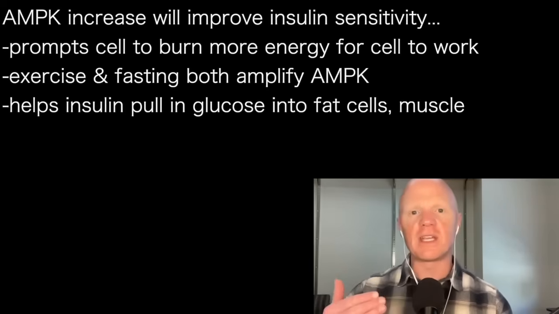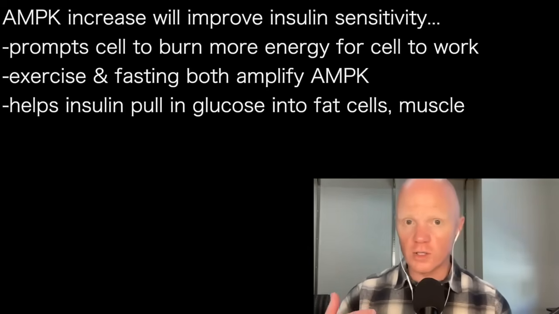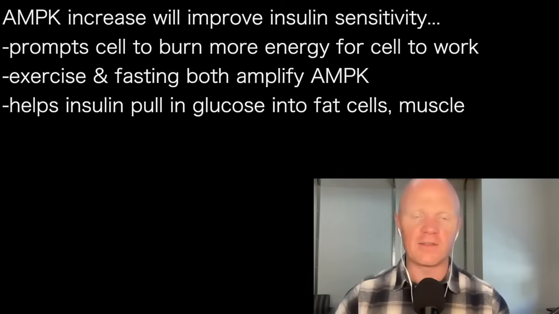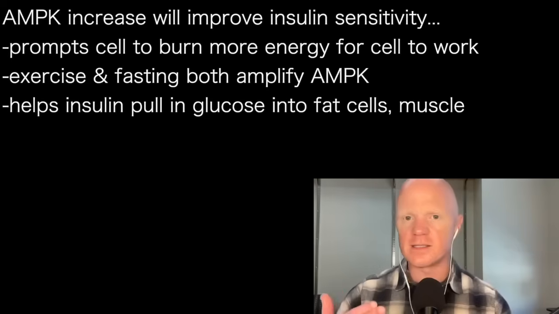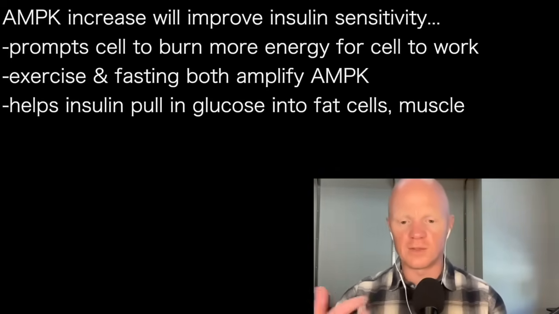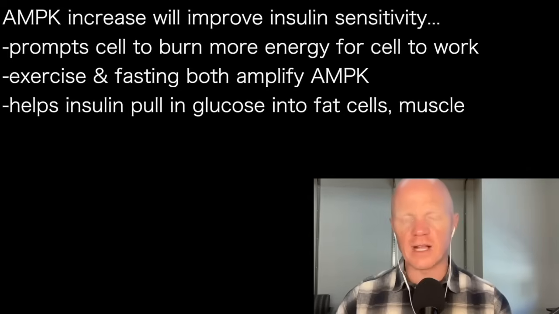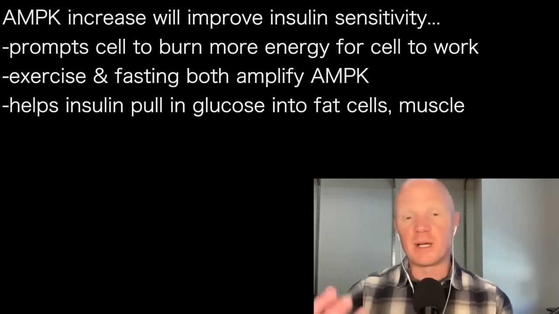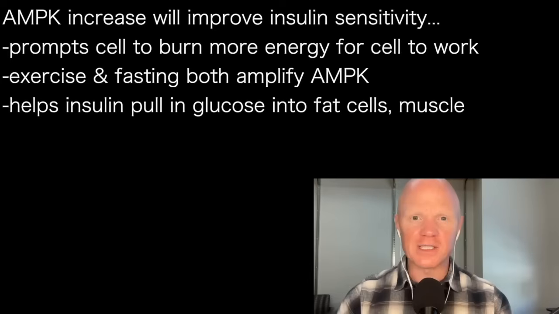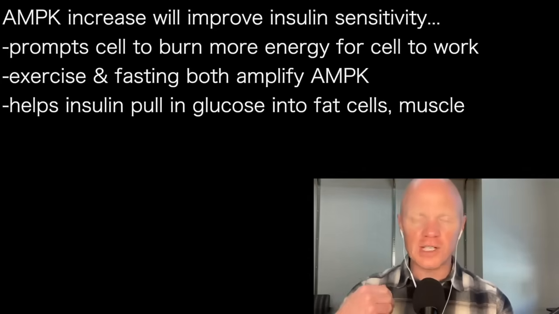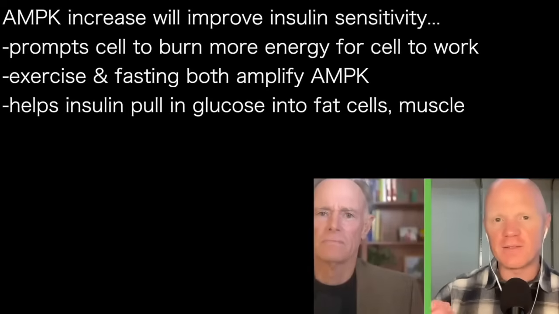Because one of AMPK's effects is to use more glucose, you want to make the cell more insulin sensitive. For example, a muscle cell or a fat cell is going to have a hard time using glucose if it's not insulin sensitive, because it needs insulin in order to get the glucose pulled in, except for exercise in the case of muscle. But even in the case of exercise, where the muscle doesn't need insulin for glucose uptake, it still needs AMPK. It just has a different way of activating it.